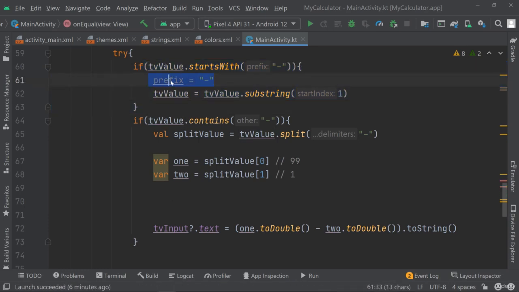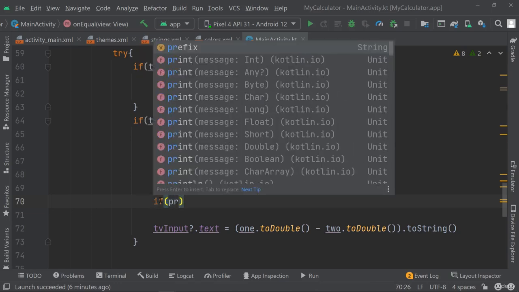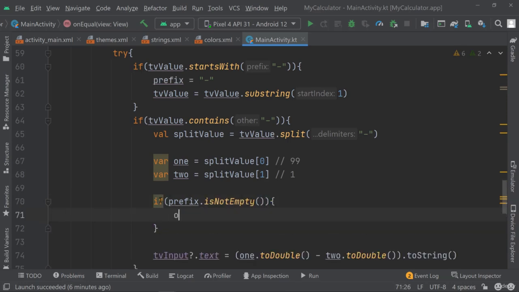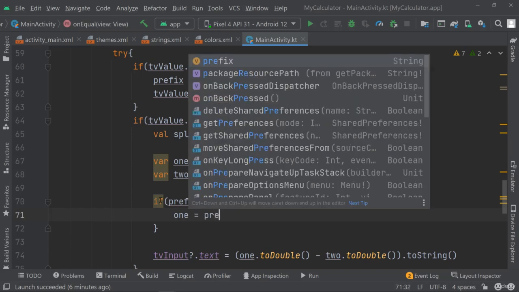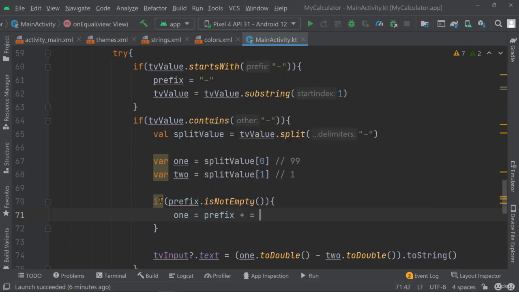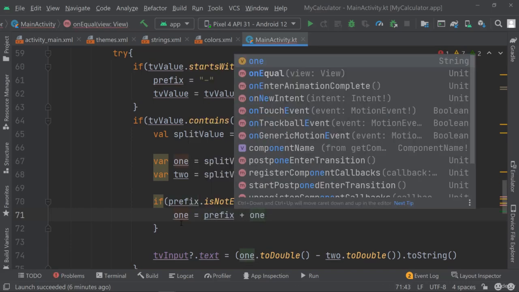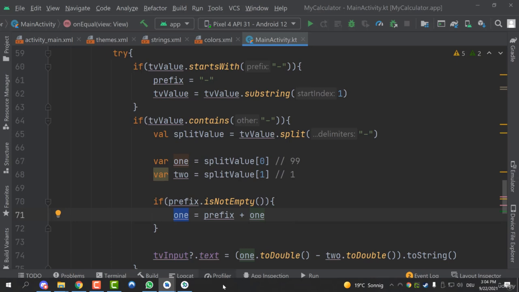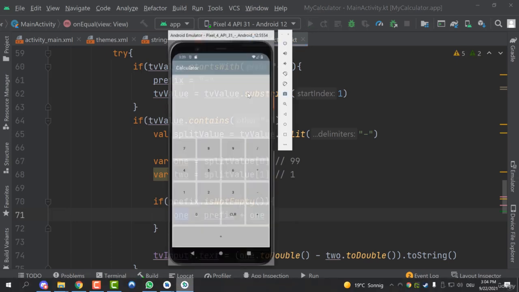So we stored that we deleted it in this prefix variable, and now we can add it back by checking if prefix is not empty. If that's the case, then just use the old one and add prefix to it. So the new one should be prefix plus 1, because this is a string and prefix is a string. We can just add those together. So if 1 was 99 and the prefix was minus, now 1 will be minus 99, and now our calculation should work